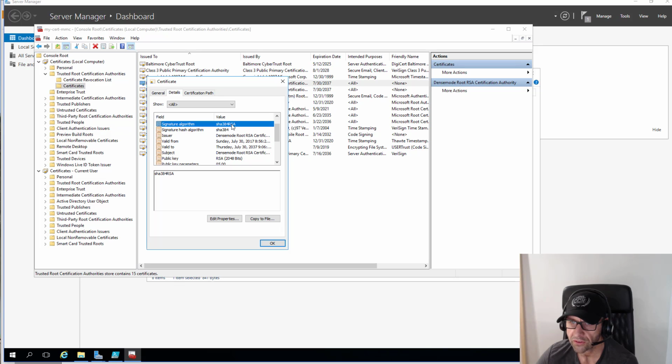And we're using an RSA for encryption. That's what that RSA means at the end. There's the issuer name right there. And then these are our validity dates. So this is important for